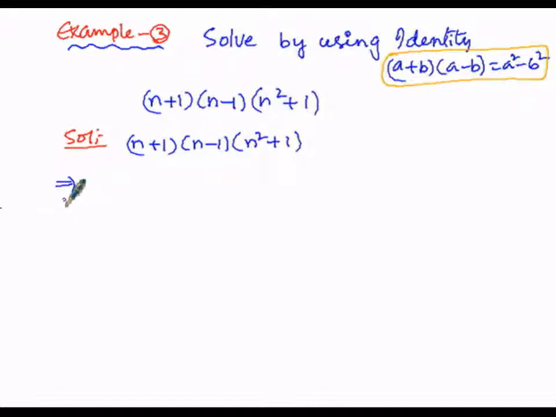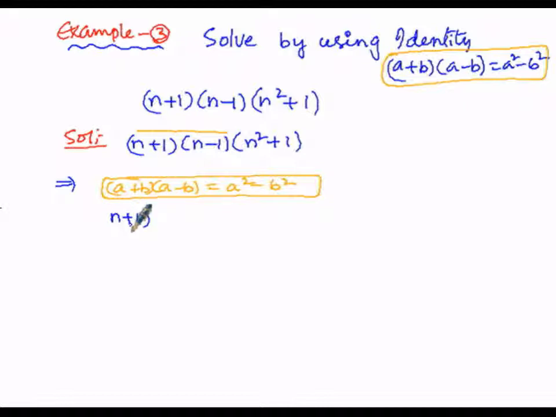so first of all I want to find the product of the first two expressions, because first two expressions are in the form of a plus b into a minus b. A stands for n and b stands for 1, and here a minus b, that is n minus 1, a is n again and b is 1. So, here we can utilize the formula or the identity that is a plus b into a minus b is equal to a square minus b square. Then now, here n plus 1 into n minus 1, then into n square plus 1,